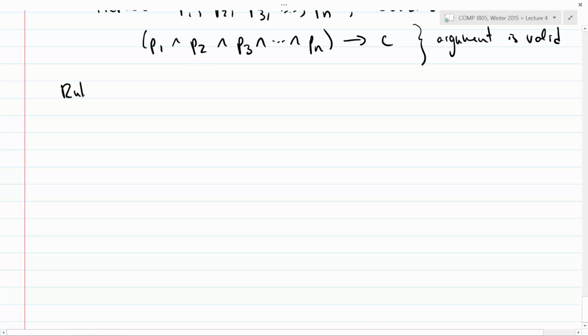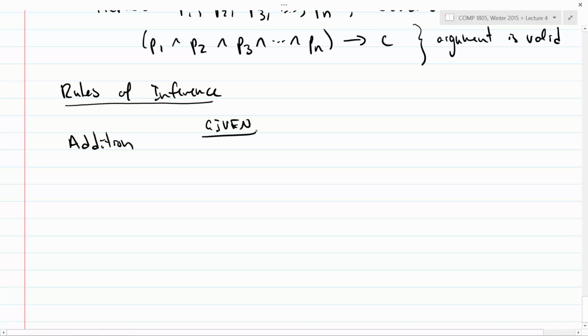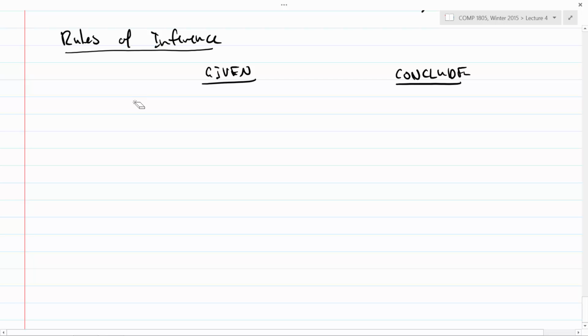And we do that using the rules of inference. This is a lot like what we discussed last class or the class before for the logical equivalences. So we have a bunch of them. I'll go over them quickly today, and we'll use them next class. So the first one is addition. Addition says, I'll say what we're given on this side, and what we can conclude here. So addition says, I'll put this on the next line.